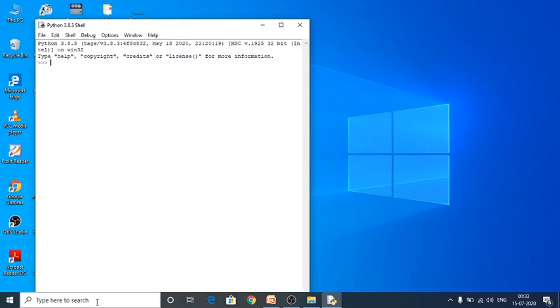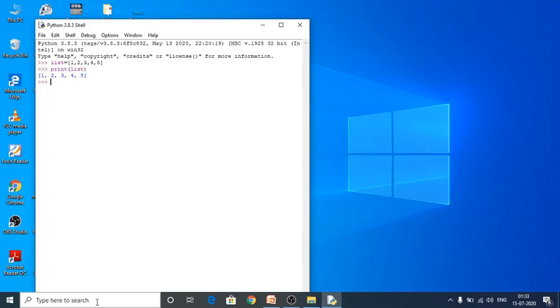So see here, list is equal to 1, 2, 3, 4, 5. So print, again I'm going to retrieve my list, which is 1 2 3 4 5. And here I'm going to determine the length of my list.